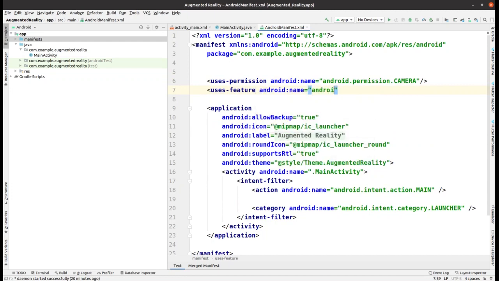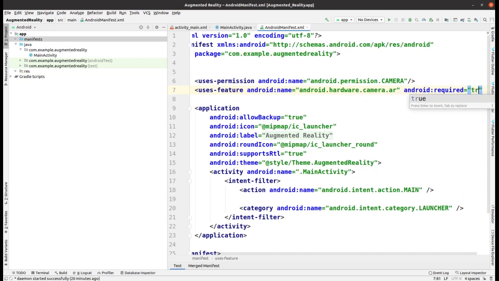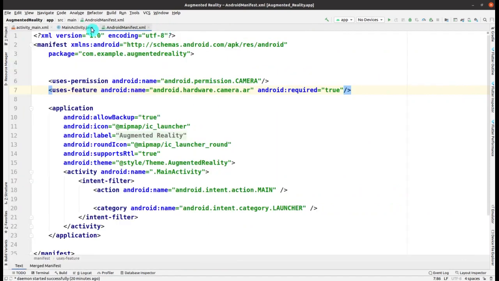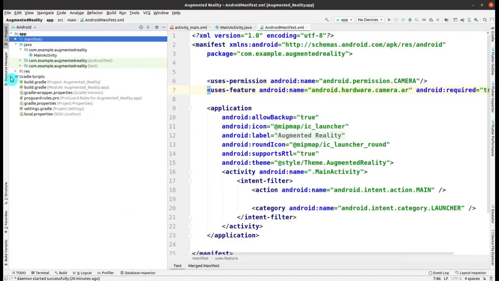And now for using the camera hardware, you have to define it differently, like android.hardware.camera.ar. Okay, and now android:required, make it true. Okay, so this is also given, uses feature.